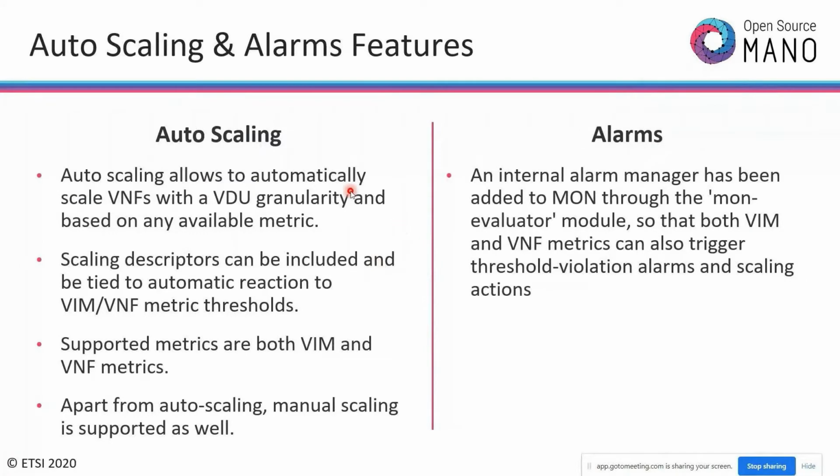The auto scaling, which is primarily when a threshold is breached for a particular metric, you increase or reduce the number of VDUs, or the VMs inside the VNF. And alarm is just calling an external webhook, but both are based on policies or rules, I will say. Okay,